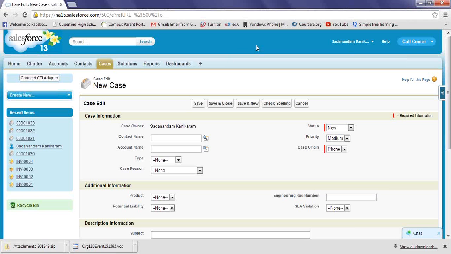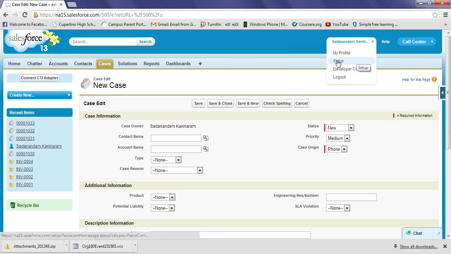So how do we access that? It is accessed from here: you click on this narrow arrow under the name, and then you have this Setup, right? This Setup is the place you call the Force.com platform. As I said, the Force.com platform is a cloud development environment.